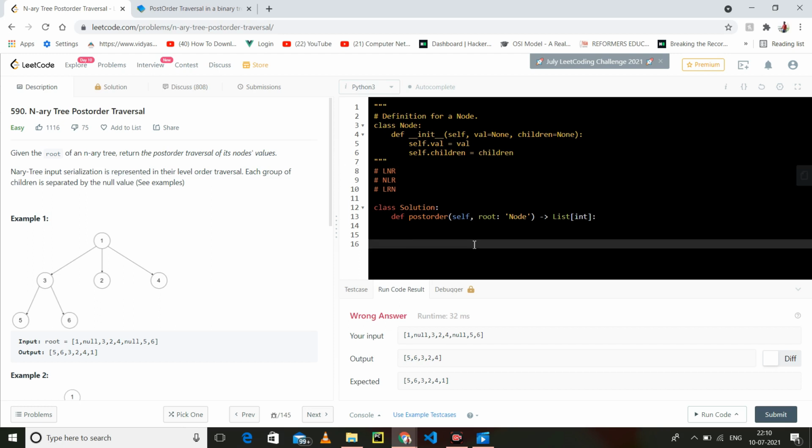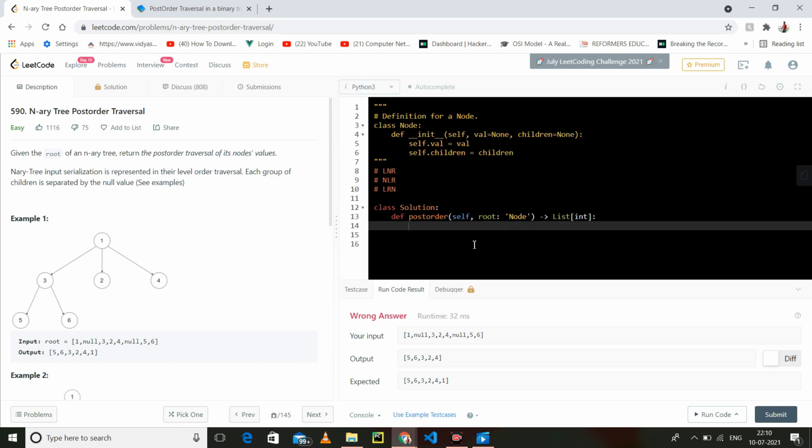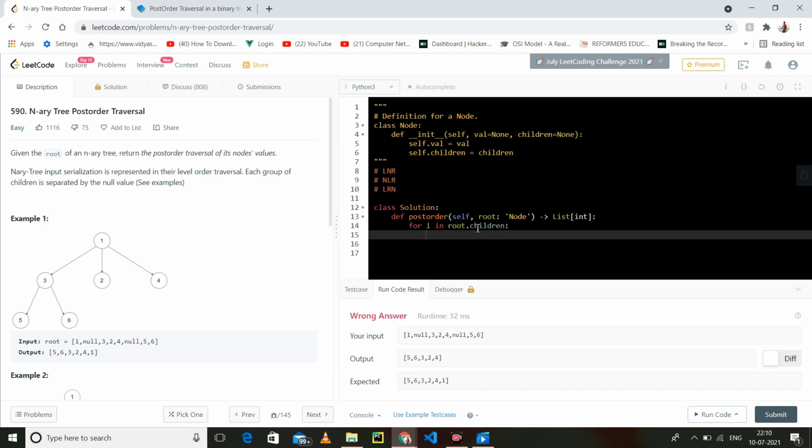So let's make a function. Okay, so root dot children. So we have to call for the left side. So I am just calling the left.